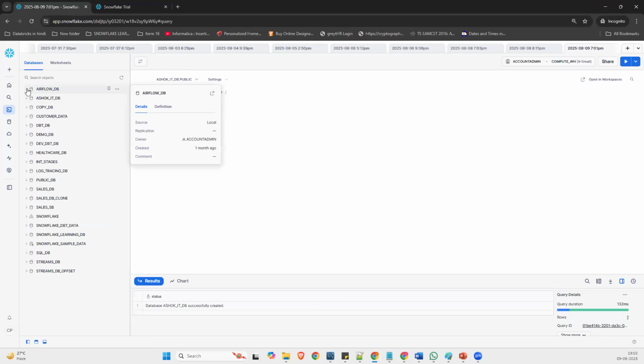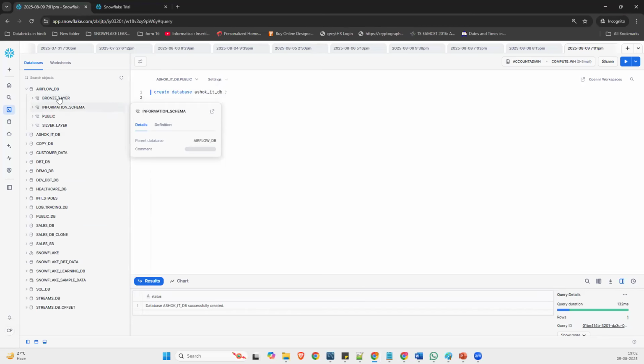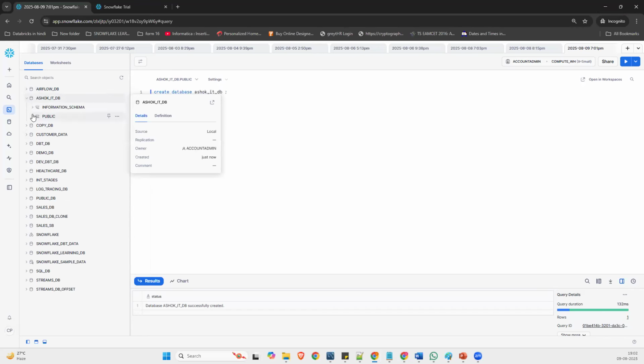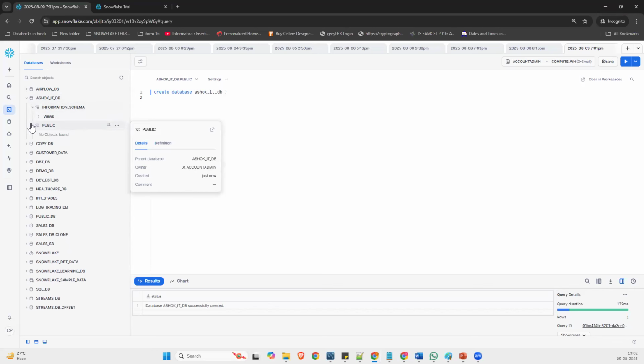Here you can see it has been created, and by default, in this database, information schema and public schema are available for you. So every time you create a database, the information schema and public schema automatically come.